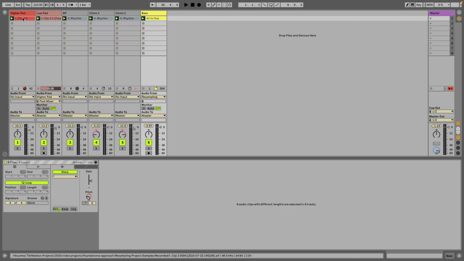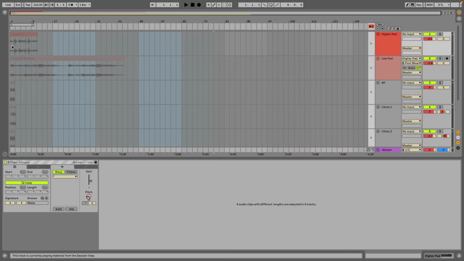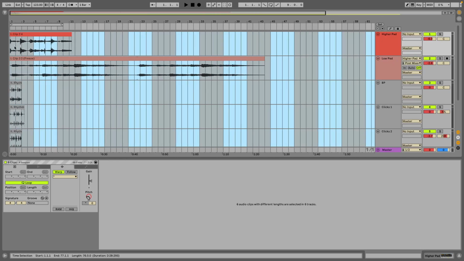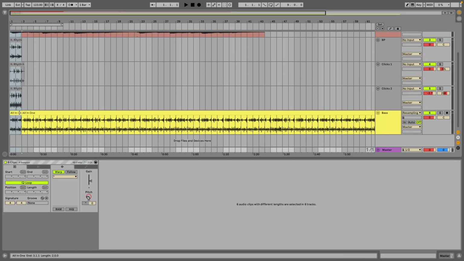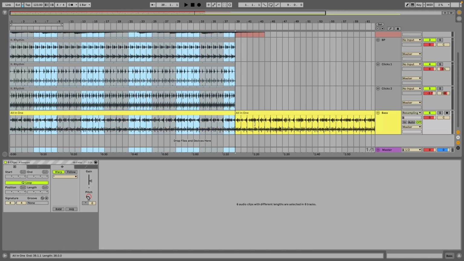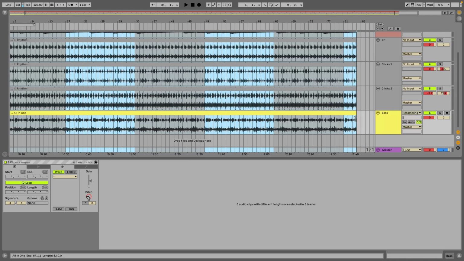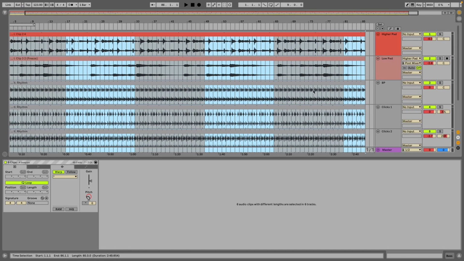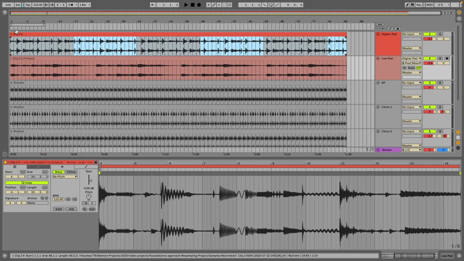I can take all of these clips and I can just shift them over to the arrangement view. And now I can cut them like this and now extend all of them up until the point where I might want to end the song. So let's keep it pretty short, say about there. And so what Eno was talking about was you can